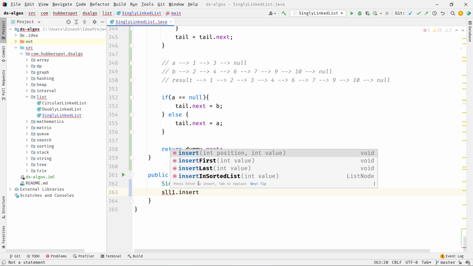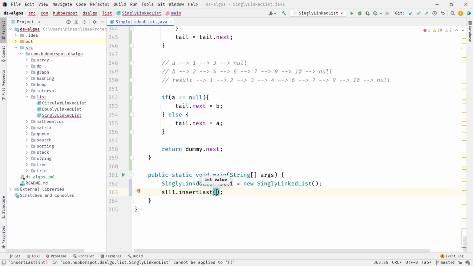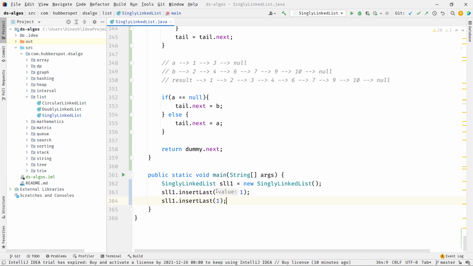We do insert last, and let's say we add the nodes in sorted form, so we first add 1, and let's say we add 4 and 8. So these nodes should be in sorted form. First node will be 1, then it will be 4, and then it will be 8.